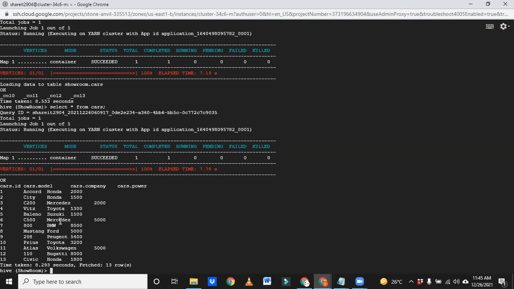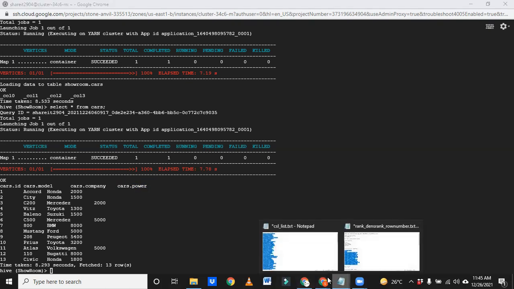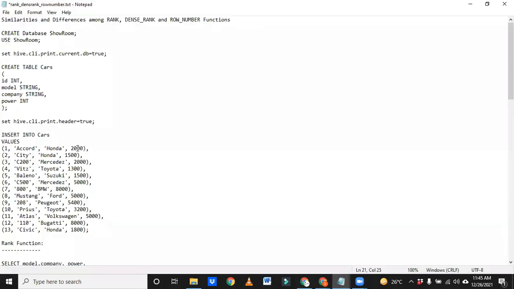So the intention is, let me go back to this here. These are the powers, right? When we do order by this power column with rank function, our expectation is, first of all, it will take the order by, right?